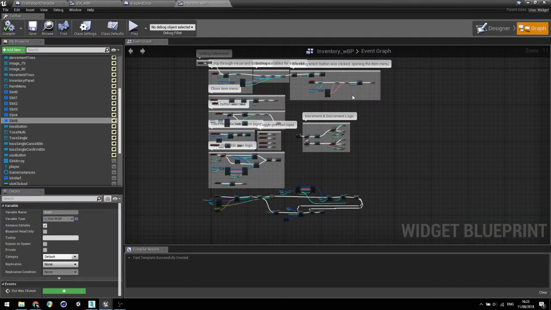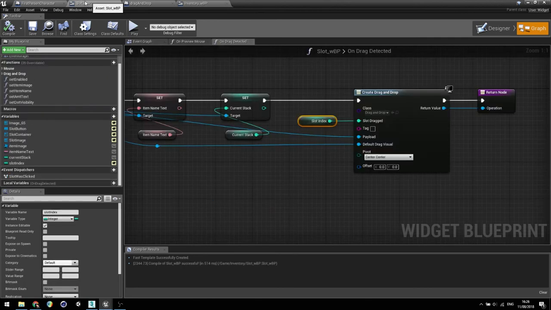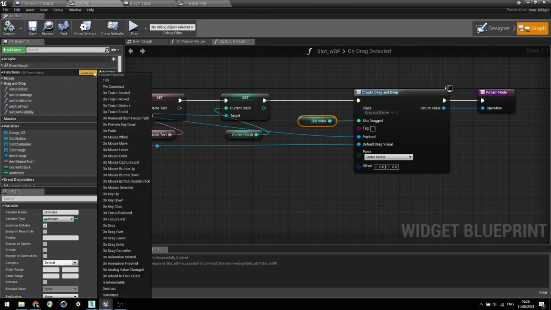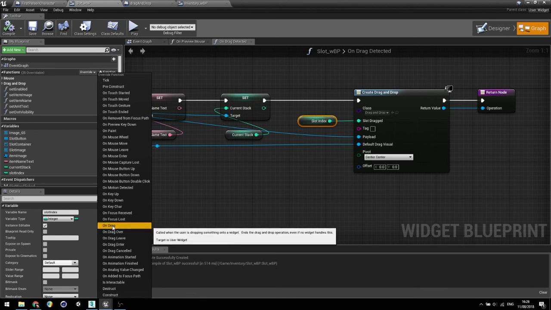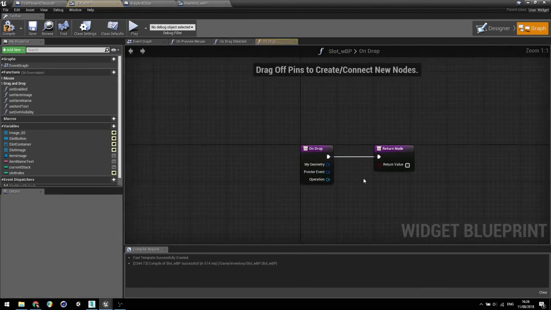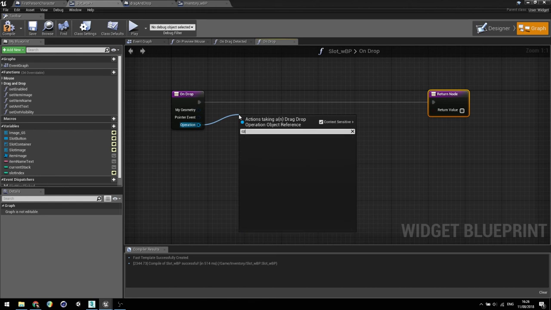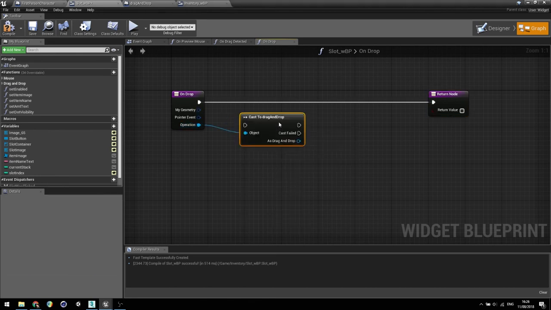The next thing to have a look at is the actual drop functionality. The drop functionality is going to go back onto the slot widget, so this is going to be another overridden function. If I have a look over on the left hand side, let's go to override, and what we want to have a look at is the onDrop. So we're going to create onDrop, and from the onDrop function entry point, we're going to look at the operation here, and the first thing we're going to do is cast this to our drag and drop